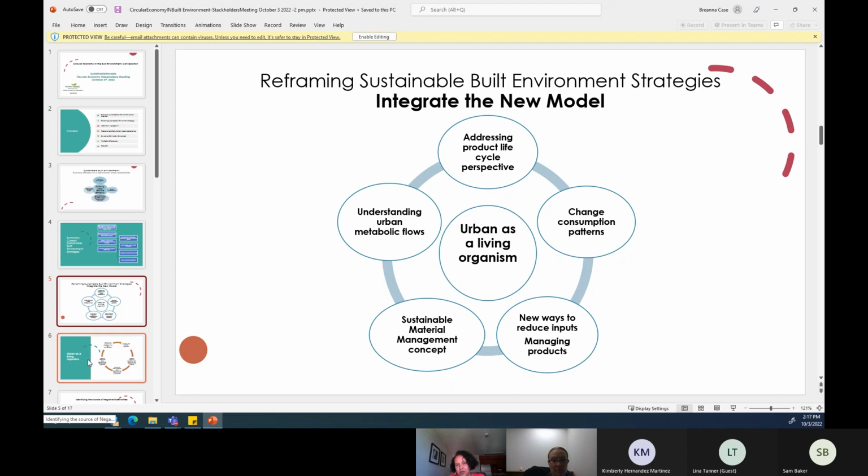Before, with a green building, we focused on the building, how efficient it is, and everything within it. But when we consider the building life cycle, it is different. We added a lot of elements. We know the materials used, how we use them, and then the demolition, the construction, and the waste.